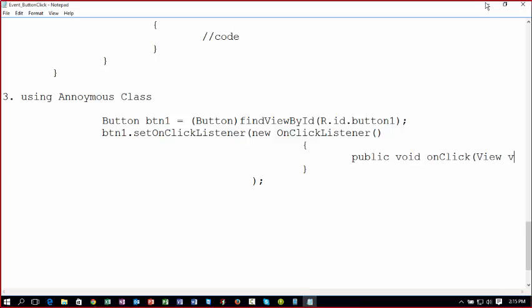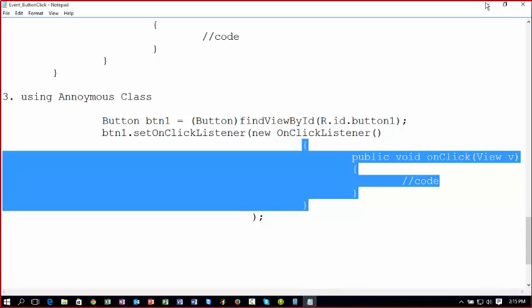And here we have to write the code. Whatever code you want to write, you can write here. So this is the method. Here we are defining one class. This is one class, this is the object of that class, and it is implementing this method public void